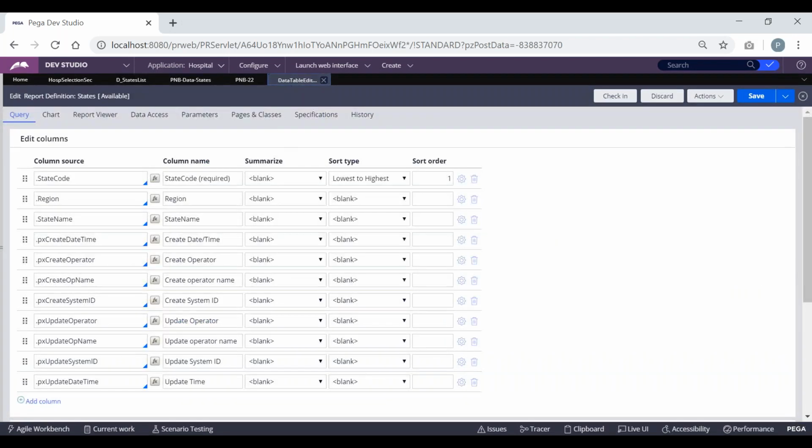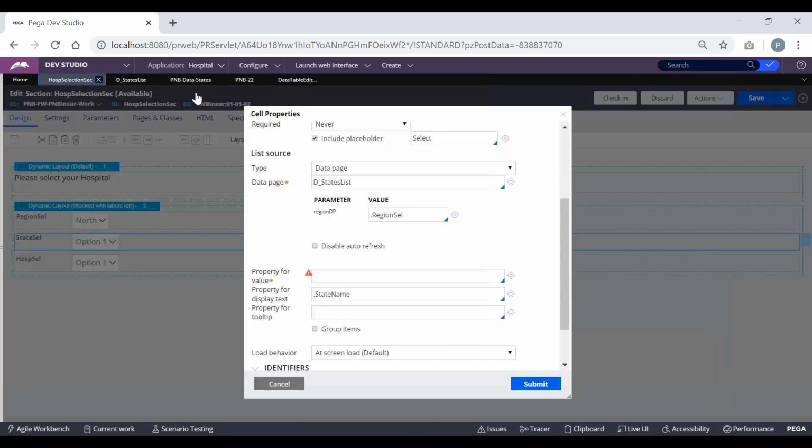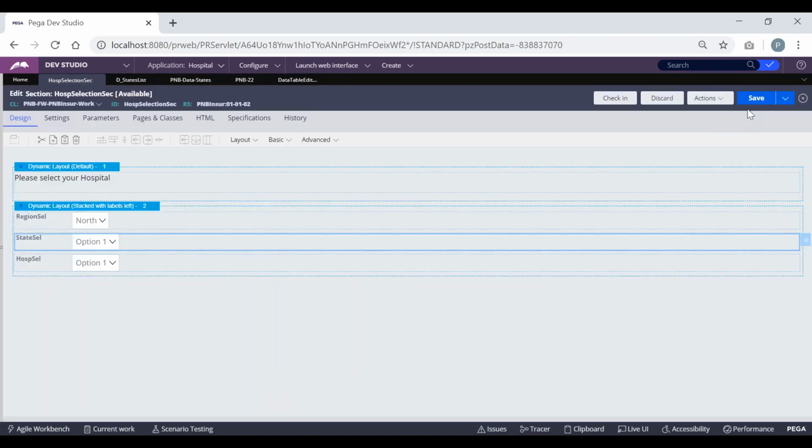And we have made modifications in this report definition also. For processing, I should be using state code, and display name should be state name. Submit it and click on save.